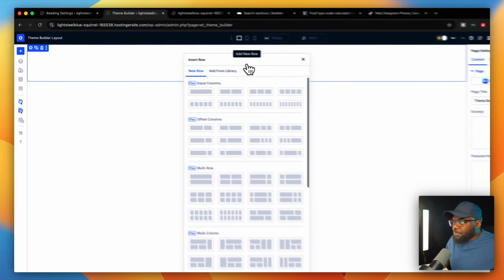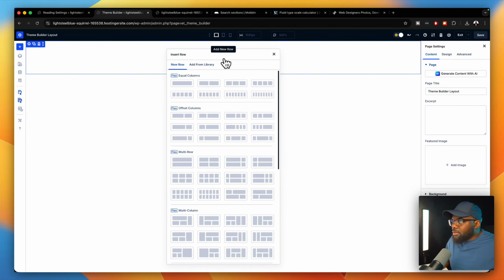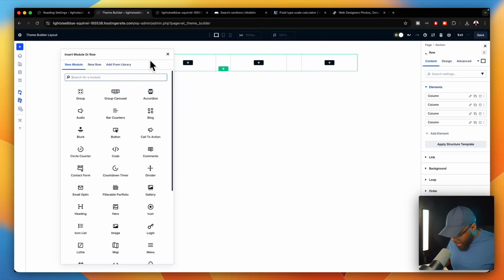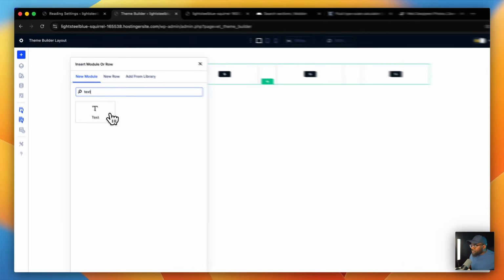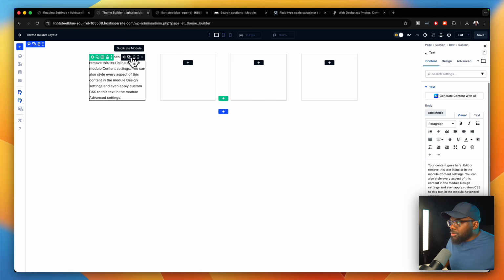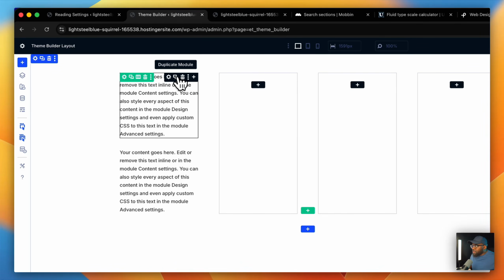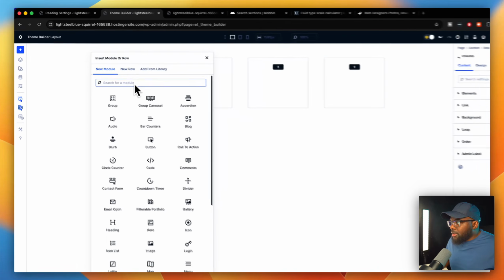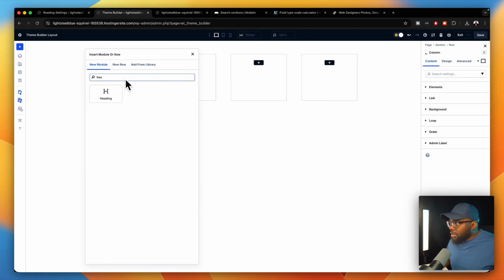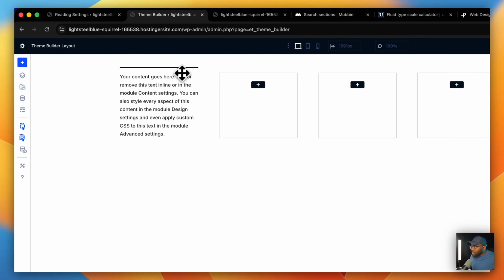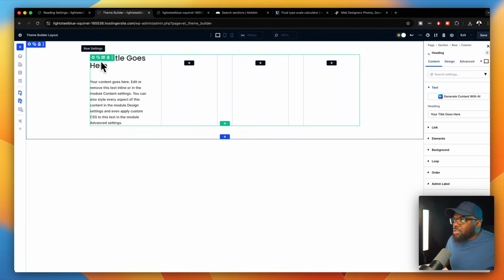So I'm going to go in and let's add 4 items here. Okay. So in the first one, we're going to add a text module. And then we are going to duplicate this. Okay, in fact, you know what? The first one needs to be a heading like that. And then we're going to drag this to the top like that. Okay, so